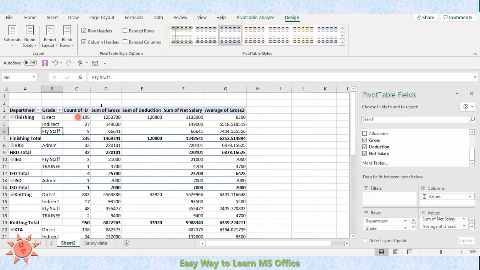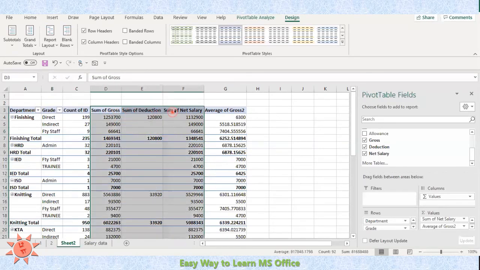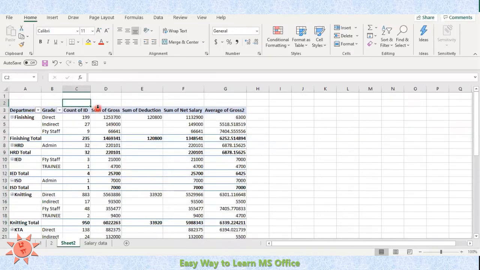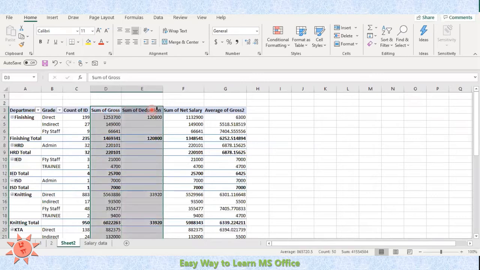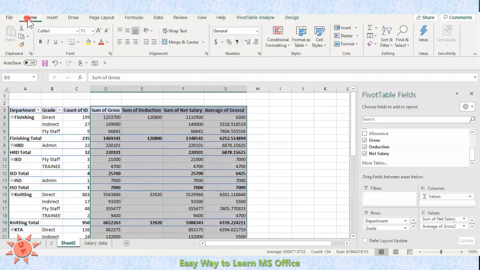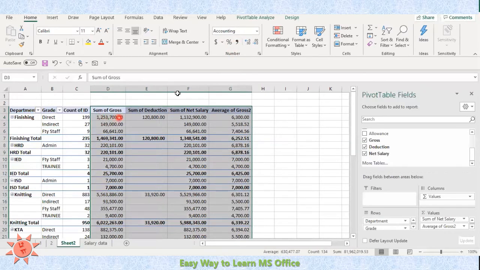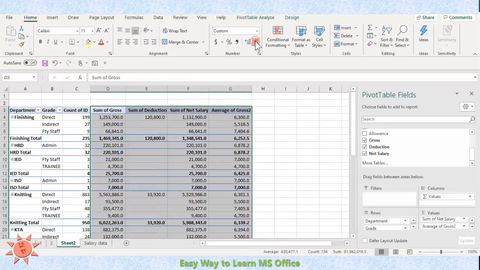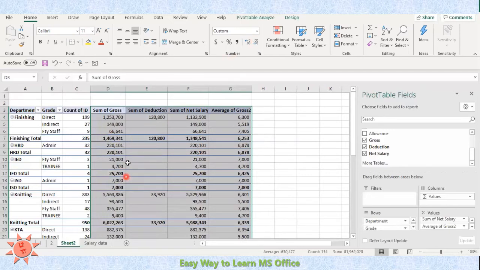Now if you want to format these items, you can see these values are not clear. You can't identify what the figure is correctly. Therefore, if you want to format it in a number format, just highlight all. When you see that black color down arrow, just click your mouse and highlight all the items. After that, you just go to Home, and from here you have the value formatting function. From here you just click on that. If you want to remove decimal places, you can click on that two times, the decimal places will be removed. Then you can get all these figures as per your requirement.